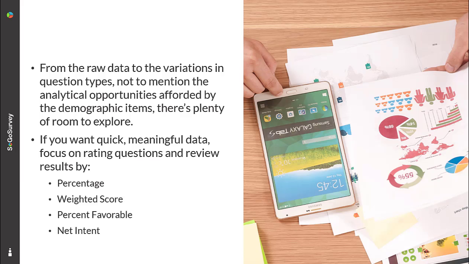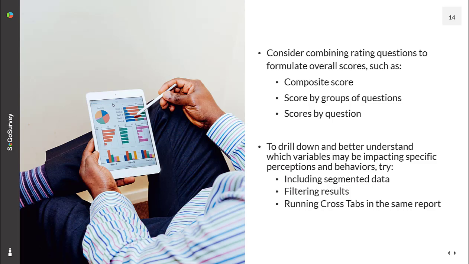From the raw data to the variations in question types, not to mention the analytical opportunities afforded by the demographic items, there's plenty of room to explore. If you want quick, meaningful data, focus on rating questions and review results by percentage, weighted score, percent favorable, and net intent. Consider combining rating questions to formulate overall scores such as composite score, score by groups of questions, scores by question,